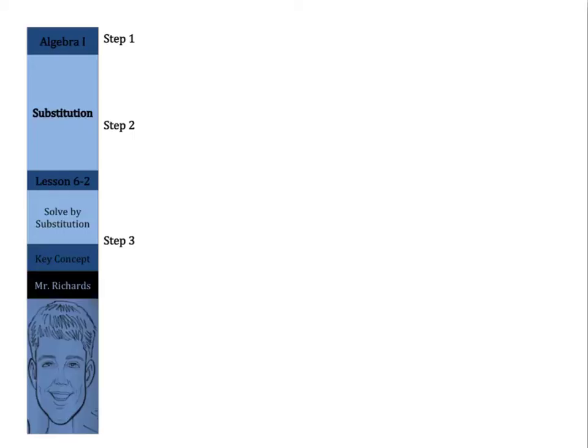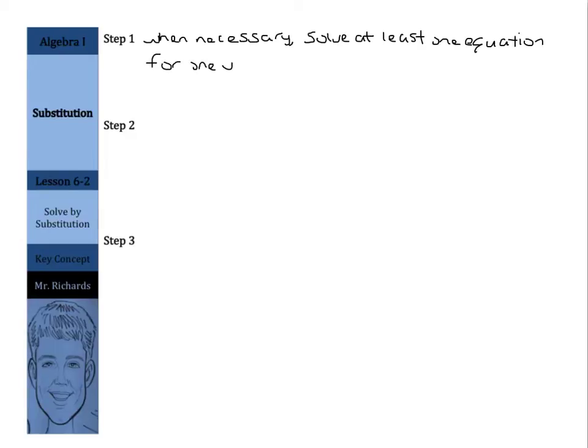And there's 3 steps. Our first step is, when necessary, solve at least one equation for one variable. Either solve an equation for x or solve it for y. Because then, in step 2, we're going to substitute, why this method is called substitution,